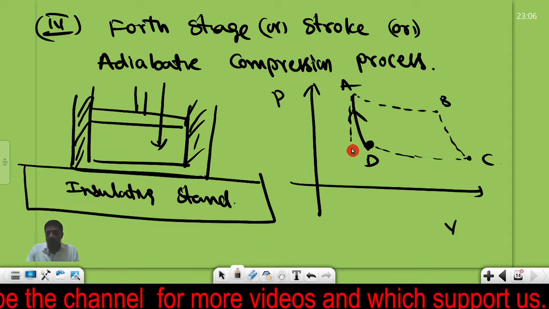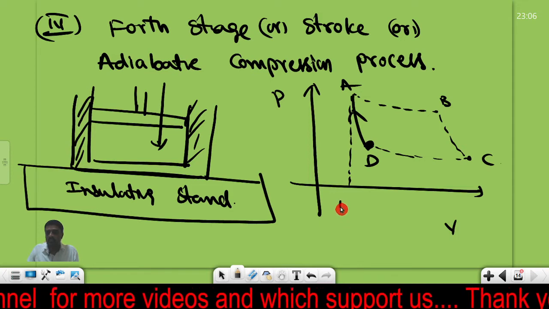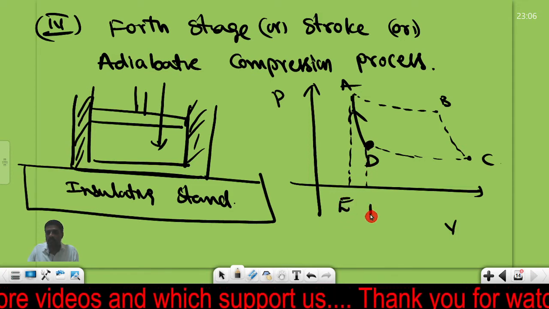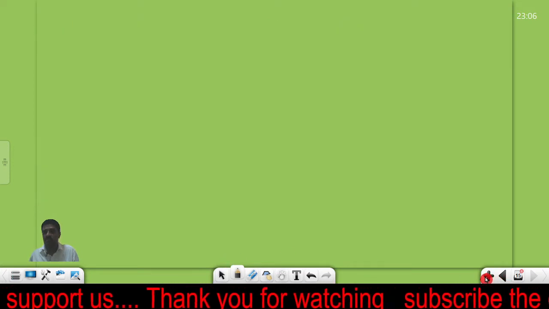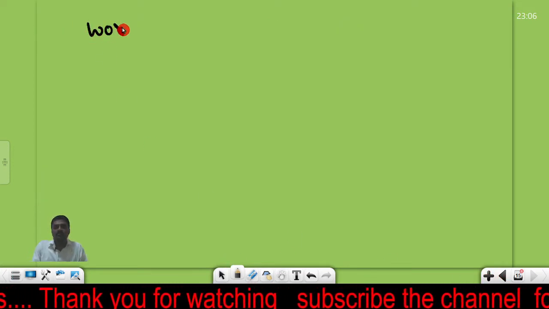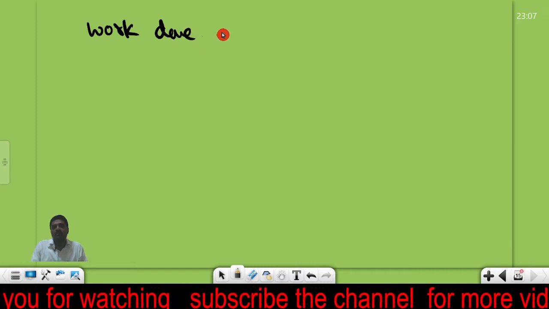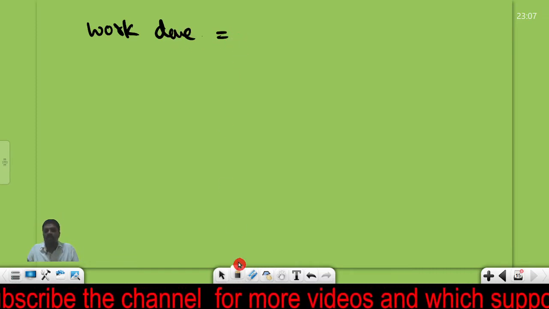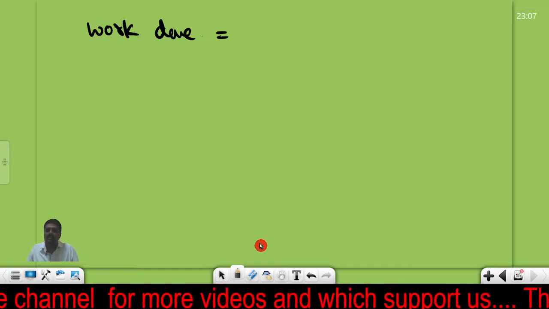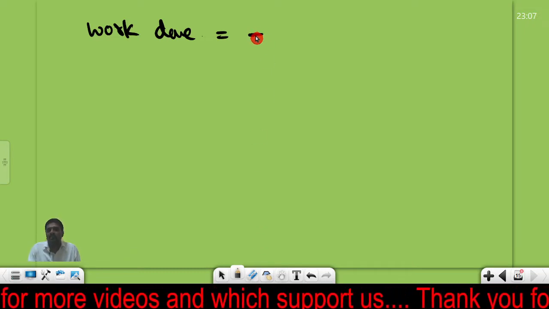So this part we are taking as the E part, and this part we are taking as the F part. So what is the work done in this process? That is very important. The work done in this process, when the compression takes place, means it is the adiabatic compression, is equal to the negative of work done,